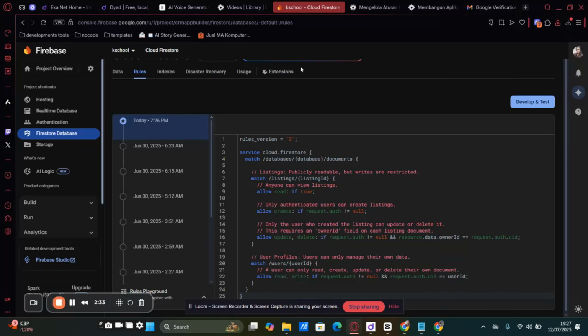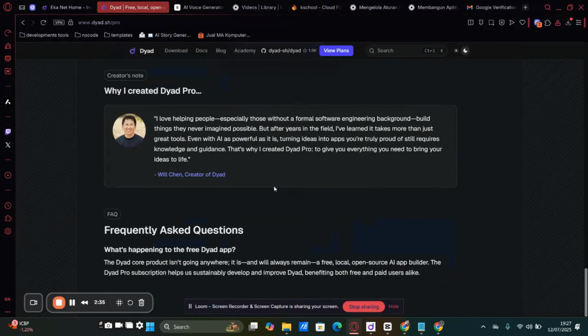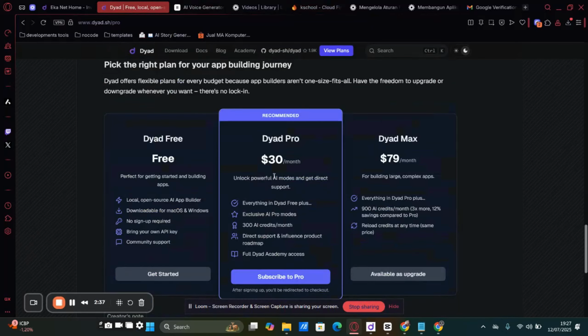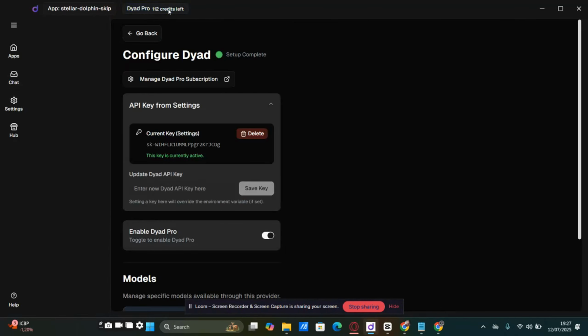With Dyad, you just click Continue, and the app's features are completed. Unlike other tools where you might be left wondering what to do next or how to fix an error, Dyad is exceptionally smart and streamlines your workflow. It makes building your dream application much easier. You can see the results now.